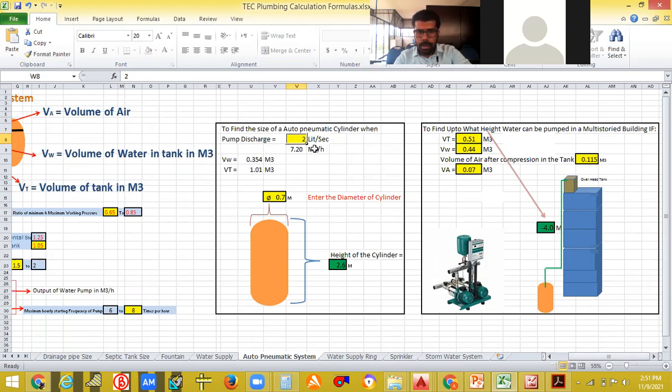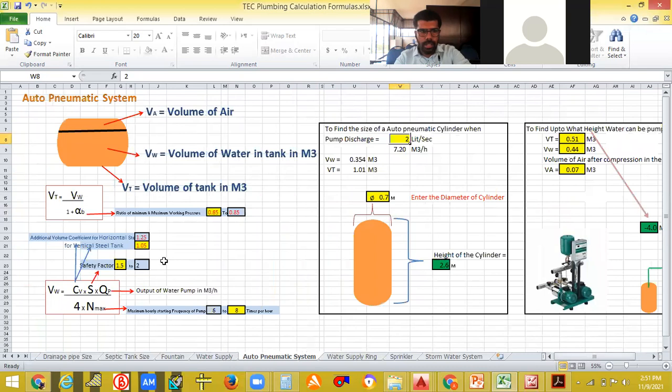If you change the pump discharge, VW and VT will change. You know what VW is, right? VW is the volume of the tank in meter cube. VT is the total volume. So if you reduce that, you will get this VA, because this plus this will be the VT, correct? Or you can get VT like this also.